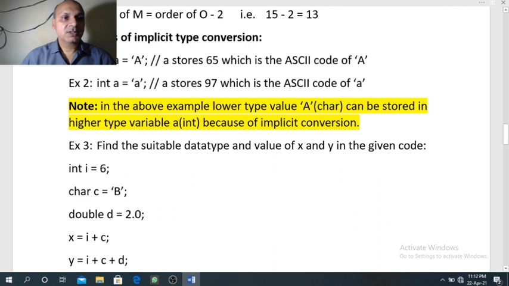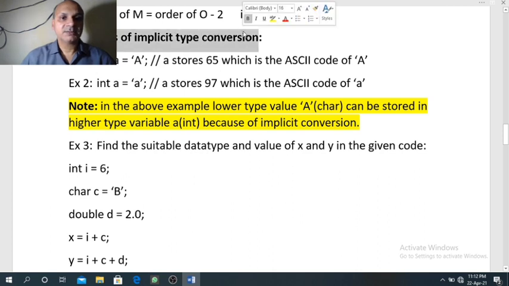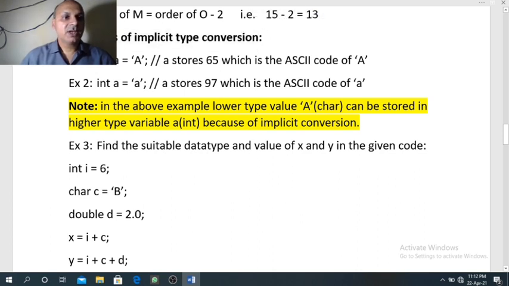Now we will see the examples of implicit conversion. Suppose we have the example int a equal to 'A' in single quotes, semicolon. Now here we have a mixed expression. Capital A is a letter that we are going to store in a variable a which belongs to integer type. So here we have two data types, character data type and integer data type.